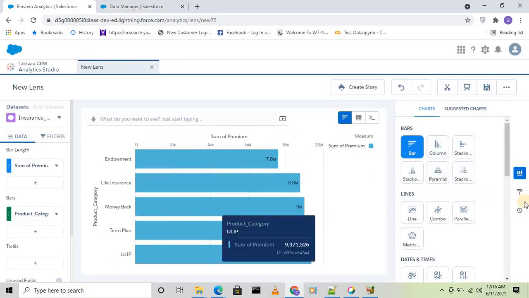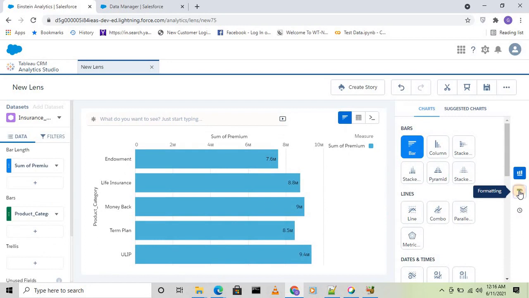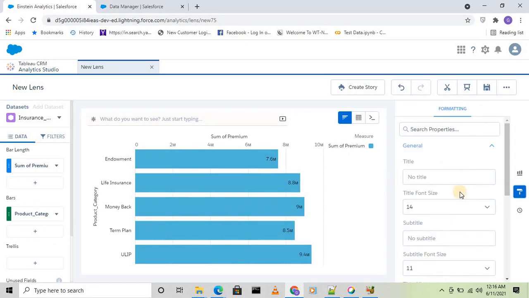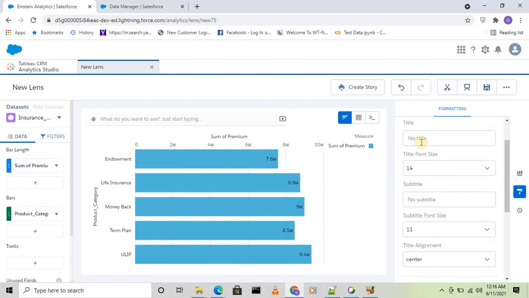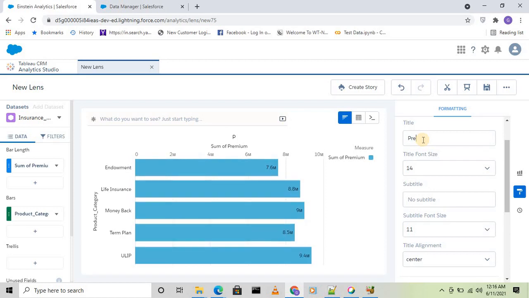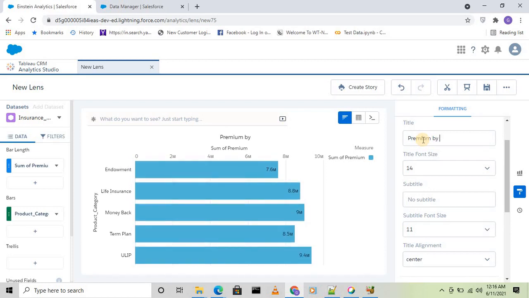The moment we select bar chart, let's go to the formatting. Panel formatting is available for this one. You can see we have a title here. I'll say premium by product category. Just give a valid name here.